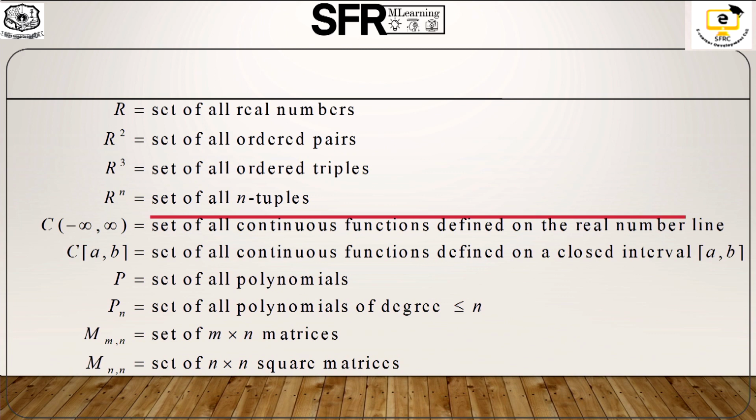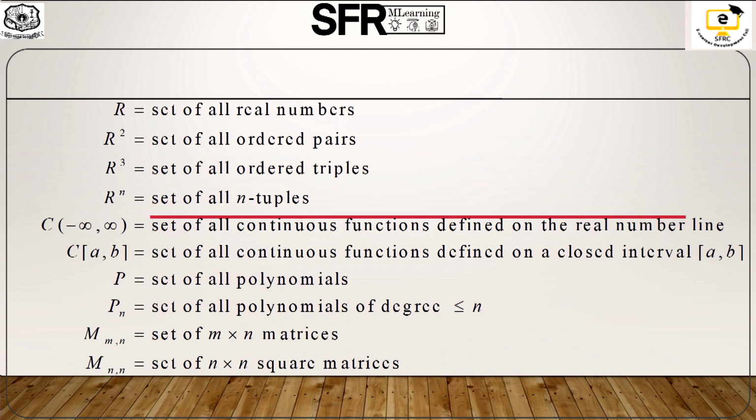Like that, R power 3 is also the set of all ordered triples, that is x, y, z, or u, v, w, or x1, y1, z1. In that way, we can represent R power n also, that is the set of all n-tuples. Next, another set is the continuous functions defined on the real number line,